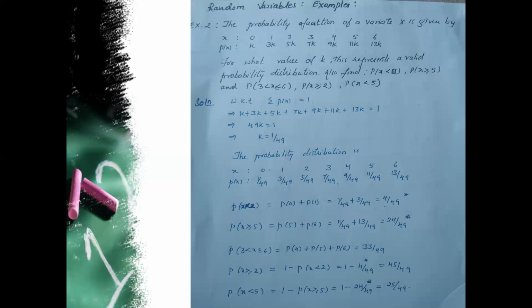Now one more is probability that x is less than 5. So less than 5, again you have to consider the values from 0 to 4. Now instead of that, you can even write it as 1 minus probability that x is greater than or equal to 5. You can observe here on the LHS equal to is not there. It is just x is less than 5. Then you have to take equal to on the other side. 1 minus probability that x is greater than or equal to 5. Already we have calculated that value, so that value is 24 by 49. Substitute it here. 1 minus 24 by 49 will get it as 25 by 49.